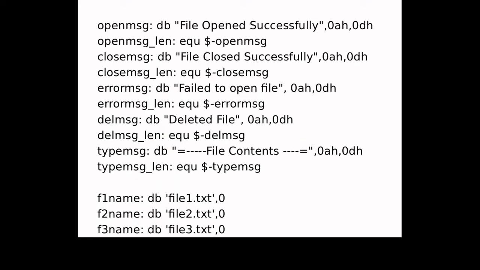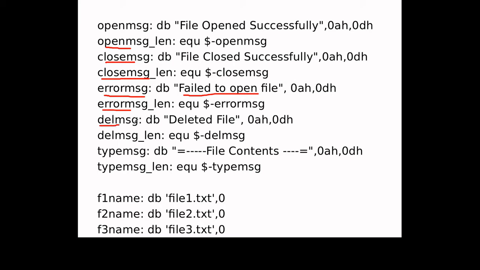Then there are various messages. For opening, the open message: file opened successfully, then the length of that message. Again the close message: file closed successfully, with its length. Then there can be an error for opening or reading the file, so the message fail to open the file, again with length.